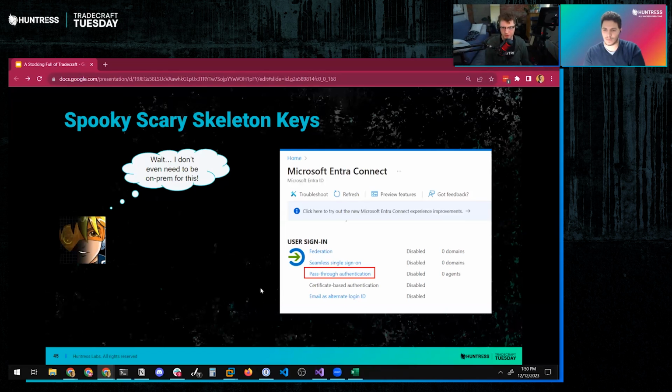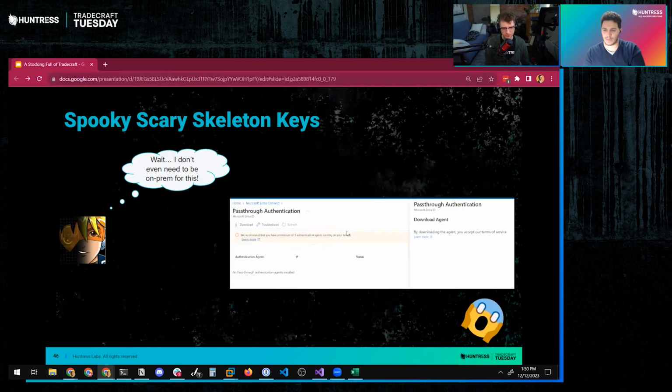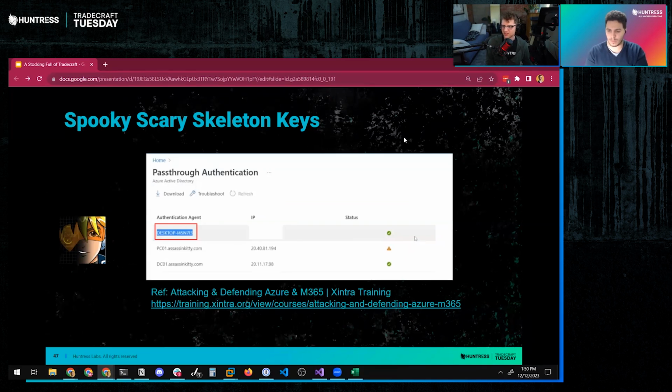You don't even need to be on-prem to do this. You can download their pass-through authentication agent to a computer that you as the attacker control, and you are completely out of band at this point, and you can still hook that DLL into that process. And because you have the agent running authenticated to pass-through, you can hook that DLL in, and the skeleton key works just that way. So almost like a silver ticket, kind of. There's an analog to the silver ticket here, but yeah, you're in the right kind of mind frame there.